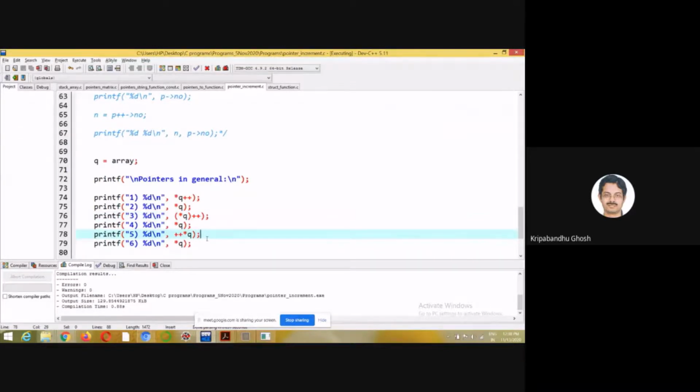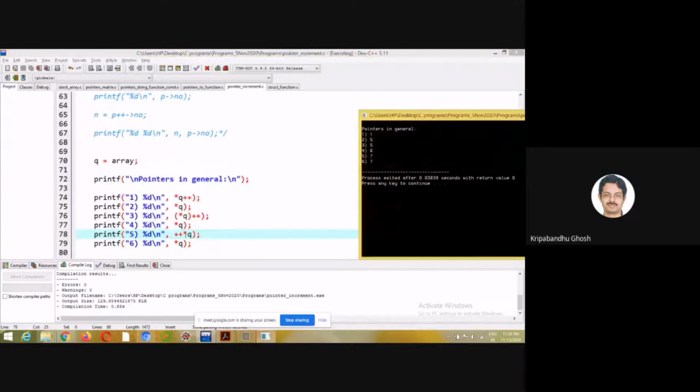Then what do I need to do? I need to do plus plus and star. Right. So if I do plus plus and star, it means that it's incrementing this element. So it is first incrementing and then printing. So it was at 4, it was 6, right? 5 got incremented here. So here it is 6. So it is plus plus 6. Right? So it has first incremented to 6, so from 6 to 7. Then it is printing. So if I'm printing it again, then it will give 7 because it has already incremented.